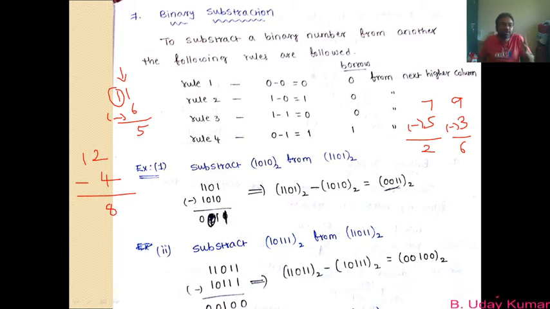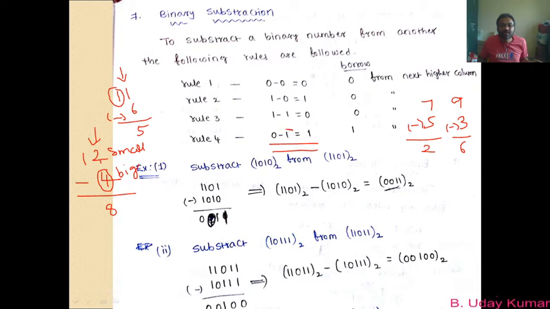So that means when you consider this column or any column, if a situation arises in such a way that you have to subtract a bigger number from a smaller number, for example, 4 is bigger and 2 is smaller, if such a situation arises, what you do is borrow from the next higher column, right? So that is what happens even in this case.